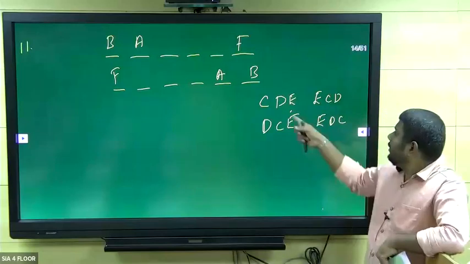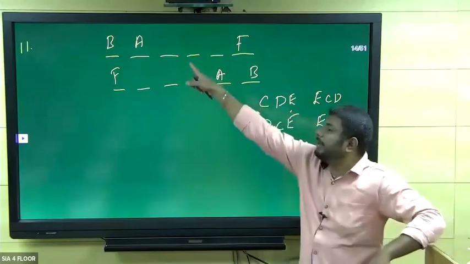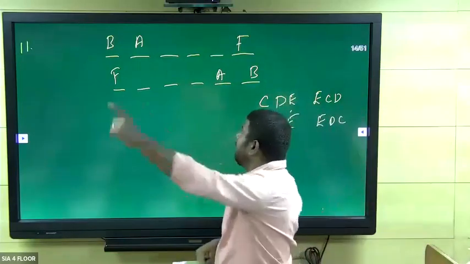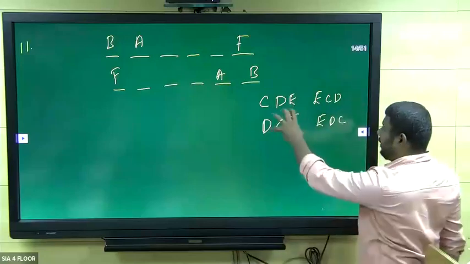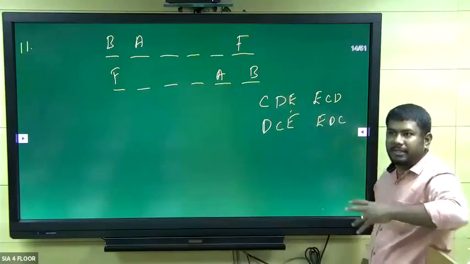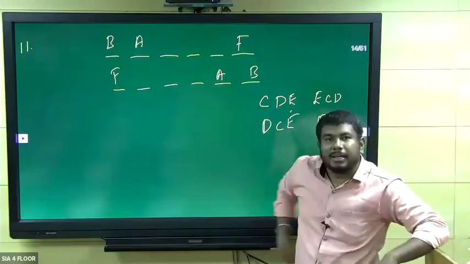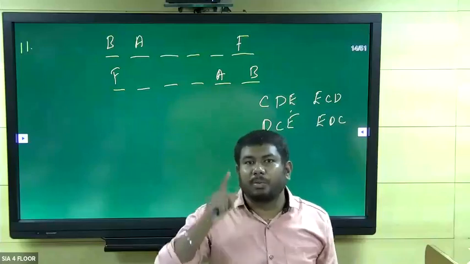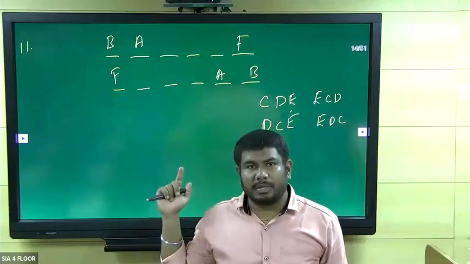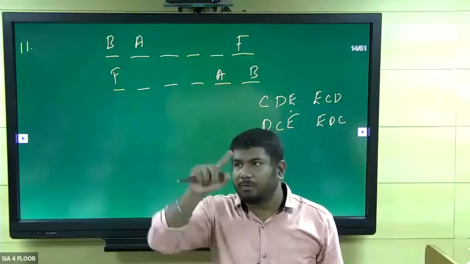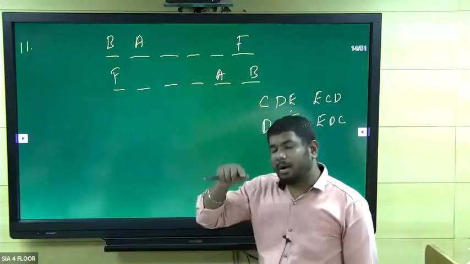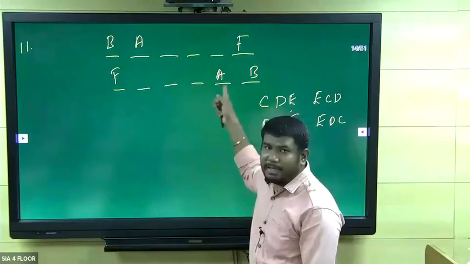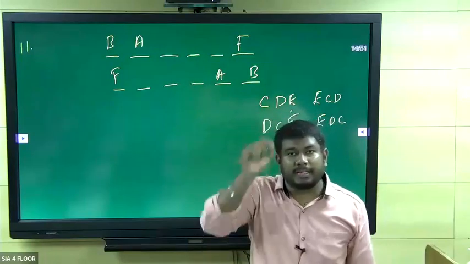Listen here. Now we have these three left places, and we have these four possibilities. But this is an incomplete arrangement, right? We cannot fix all these four possibilities; we can just do trial and error. Already I told you, sometimes we can get 1, 2, 3, 4, or even more arrangements. Sometimes we may get an incomplete arrangement also. This is an incomplete arrangement, but we can still answer the question.